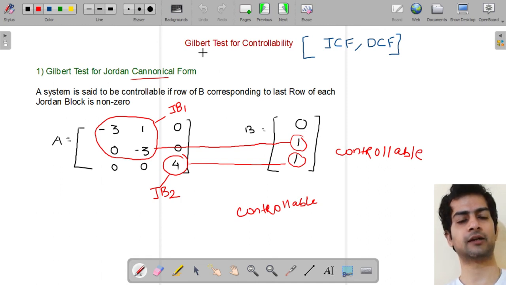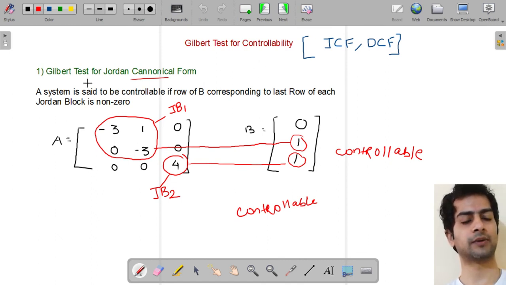Then I discussed the shortcut method for finding controllability and observability, but it has a condition that it is applicable to only JCF and DCF. And I told you that in most questions you will get matrix A in either of these two forms. So you just have to identify it and then follow the shortcut,